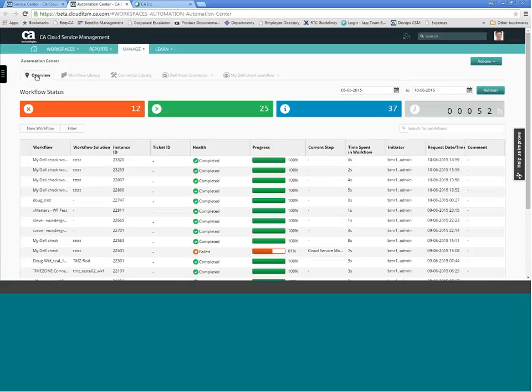So here is the Automation Center page where you can see the execution. So this is a recap. I have gone through it in detail in the previous session. This Automation Center overview page gives you a high-level overview of the workflow executions and their statuses. You can drill down into each of these executions to find out what's going on with a particular